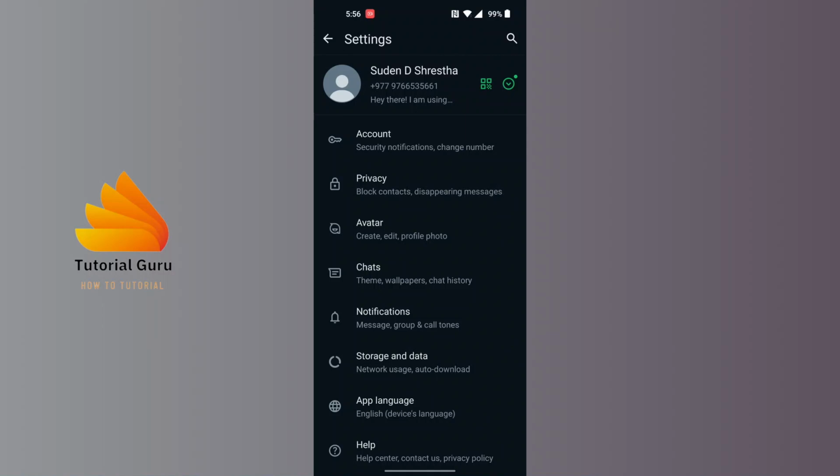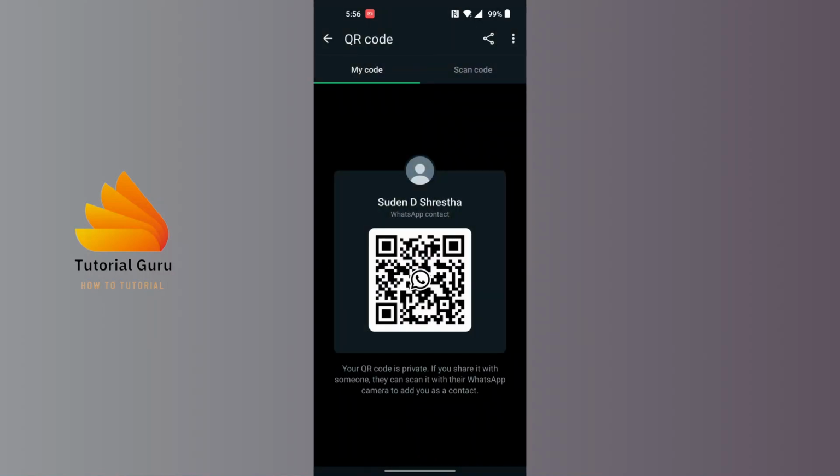your QR code option at the right side of your name at the top of the screen. Over here guys, you will be required to tap on the QR code just beside your name, and this kind of interface will appear where you will have your QR code over here. Now in order to share your QR code on WhatsApp, tap on the share icon at the top right corner